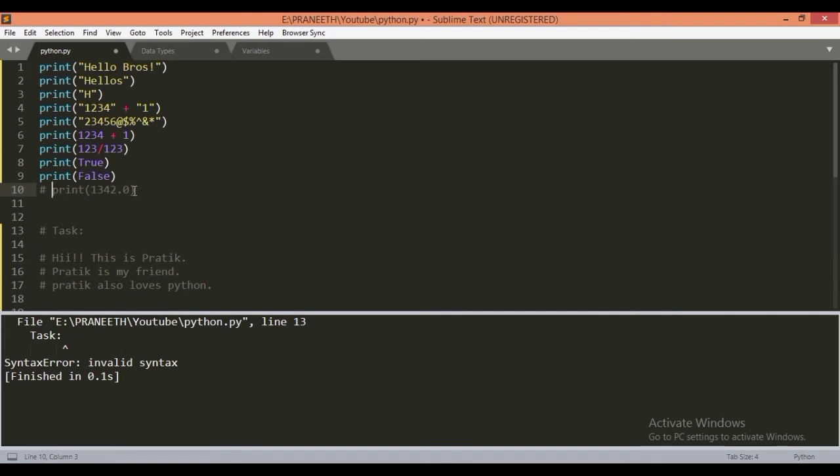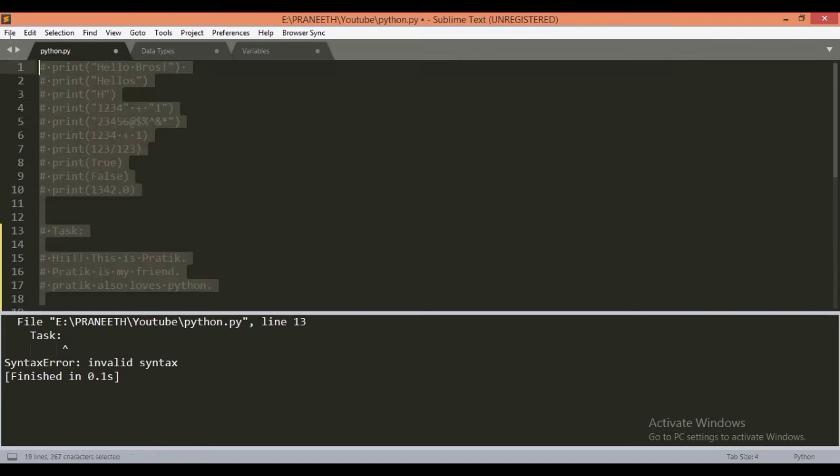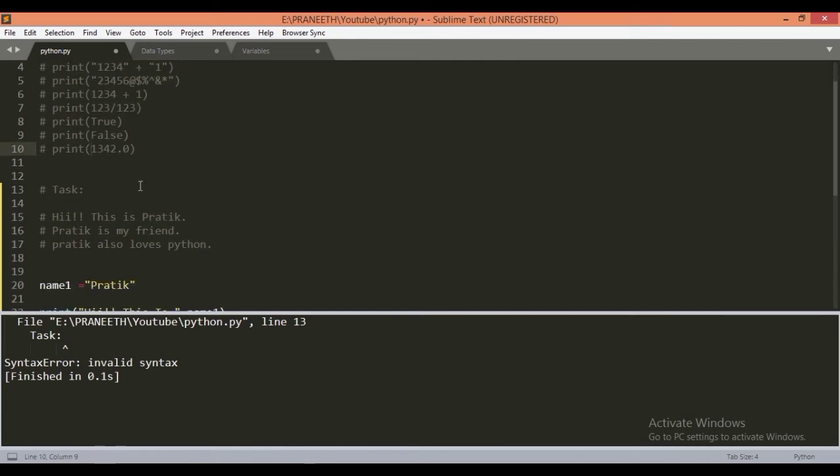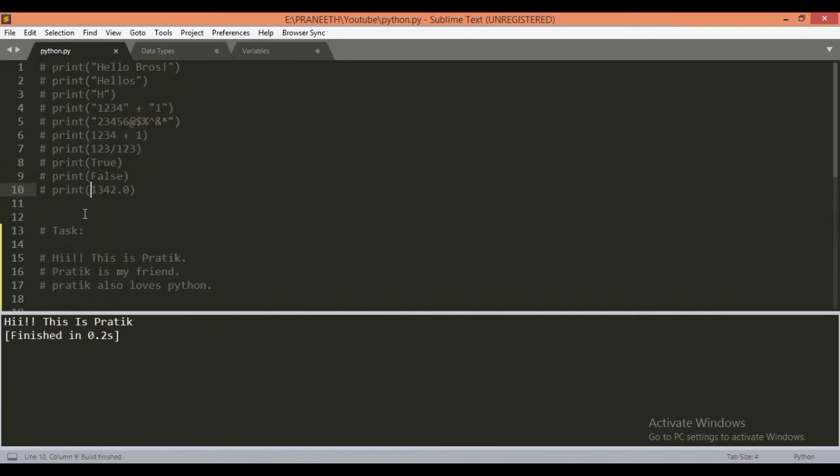See, the color changes. This is due to Sublime Text. We can comment multiple lines using Control and slash. So when we comment this out, everything written in the commented lines will not get executed. If we run with Control B, even though this is a command, since we have commented it out, we can write anything there.